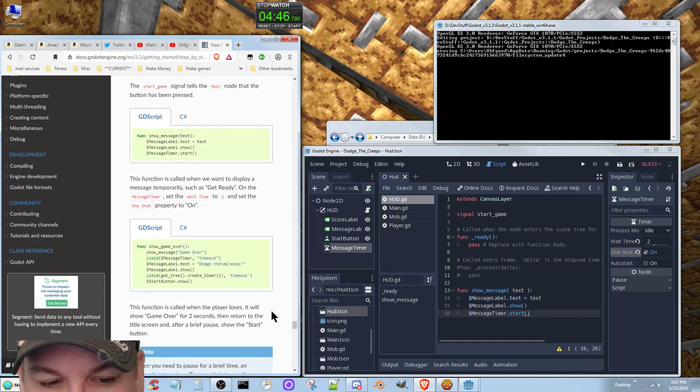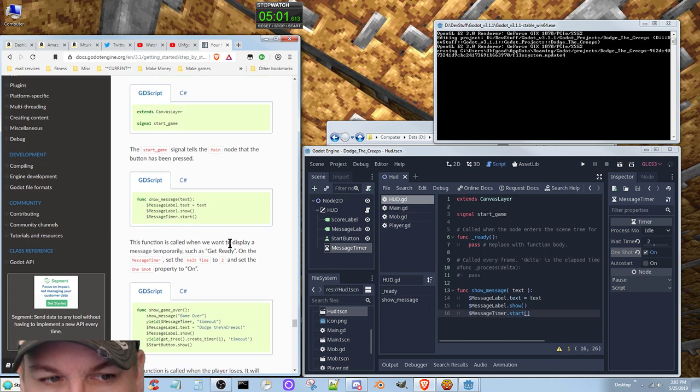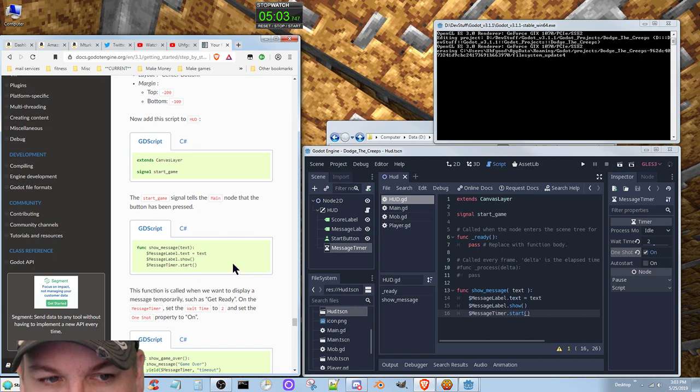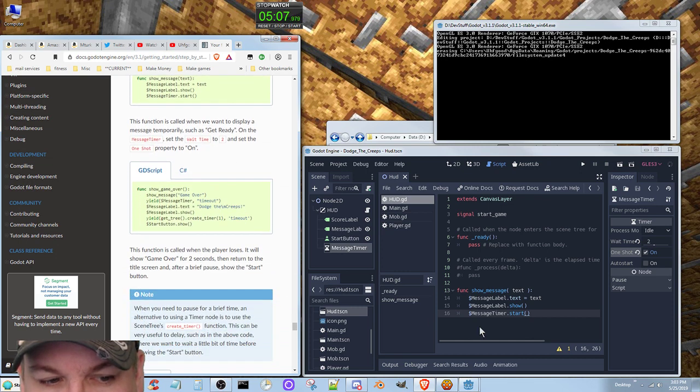Now, GDScript. This function is called when the player loses. It will show game over for 2 seconds and then return to the title screen, and after a brief pause show the start button. So I'm going to assume here, add this script to the HUD. So this is all part of the same script, presumably. Okay, so that means I do another